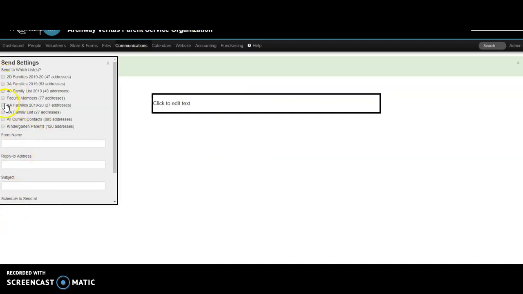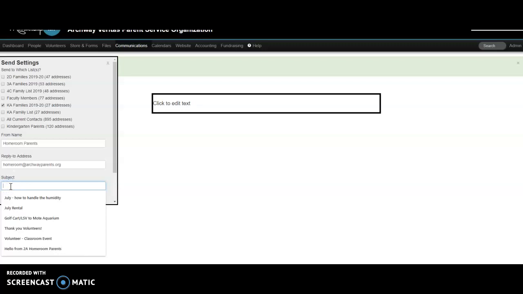You'll see here that your list is now available for you to select. So first you'll do all of your send settings. You want to send to your classroom families, so select that list. From is going to be whoever you want it to be from, and just like you put in there earlier, put in the reply to address. Put the subject,